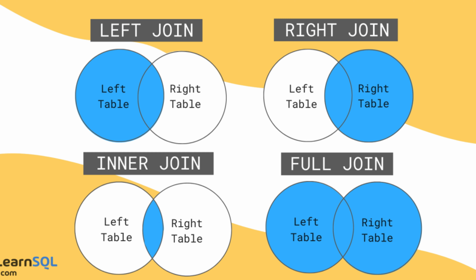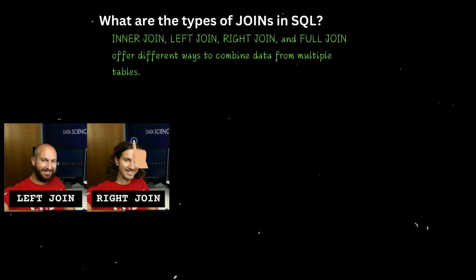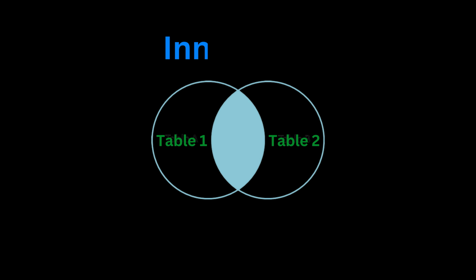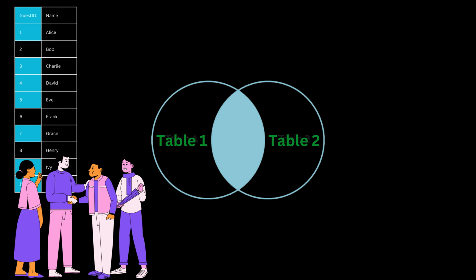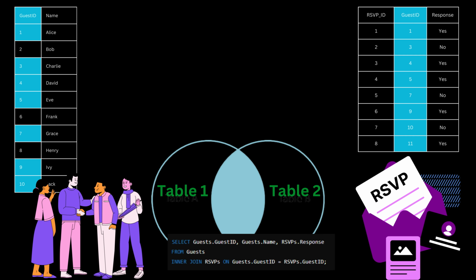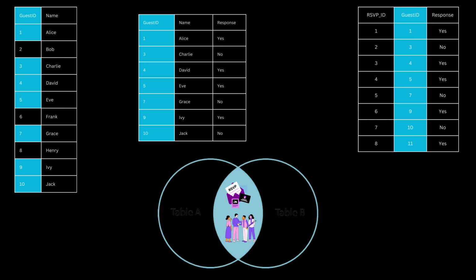What are the types of joins in SQL? The types include inner join, left join, right join, and full join. Each returns different sets of data based on table relationships. Inner join, like a Venn diagram's overlapping section. If you have a guest list and a list of people who RSVP'd, an inner join shows who both are